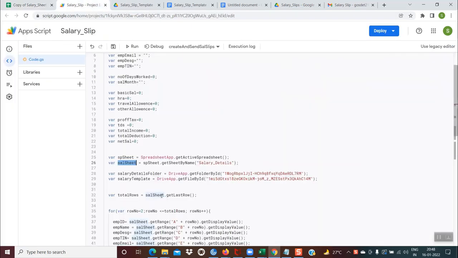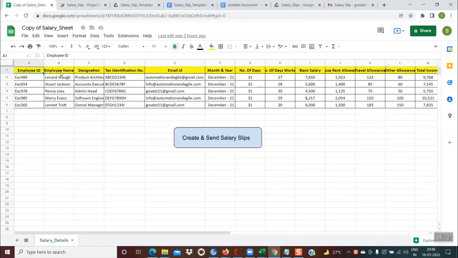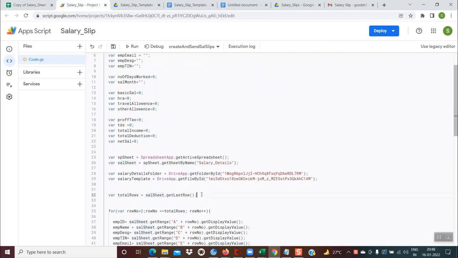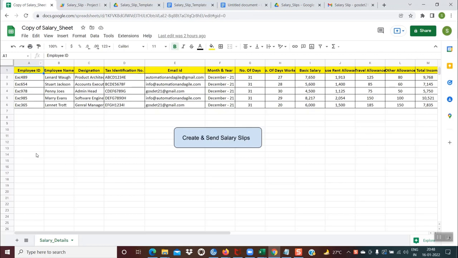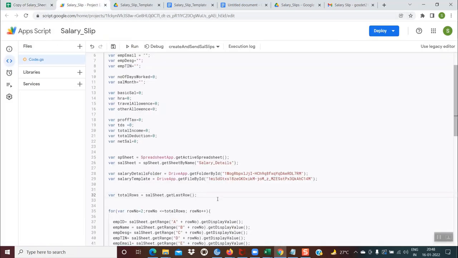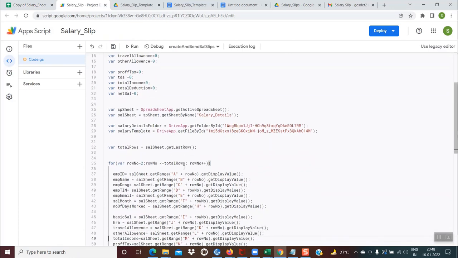So I'm using sal sheet variable dot get last row. Why I did that? Because I need to create the salary slips for all the employees. So this will give me the total number of rows in the sheet. In our case, we have 6 rows. Our employee details are beginning from row number 2, because in row number 1 we have the headers. So we know that in our case, we have total 6 rows, and that is getting stored in this total